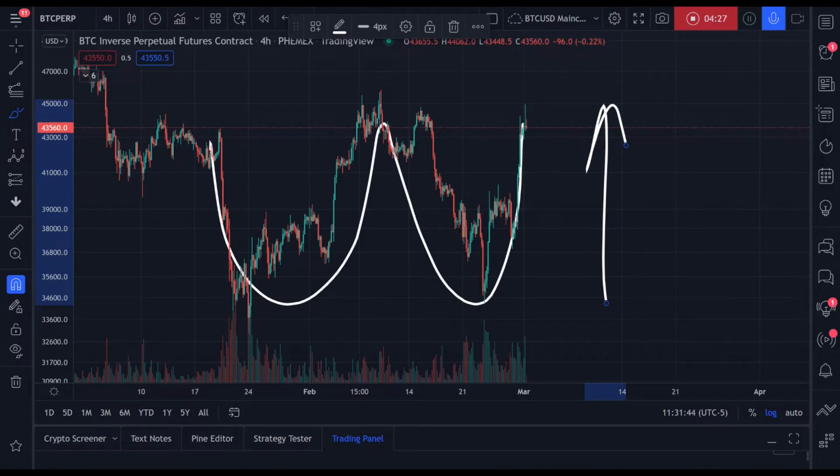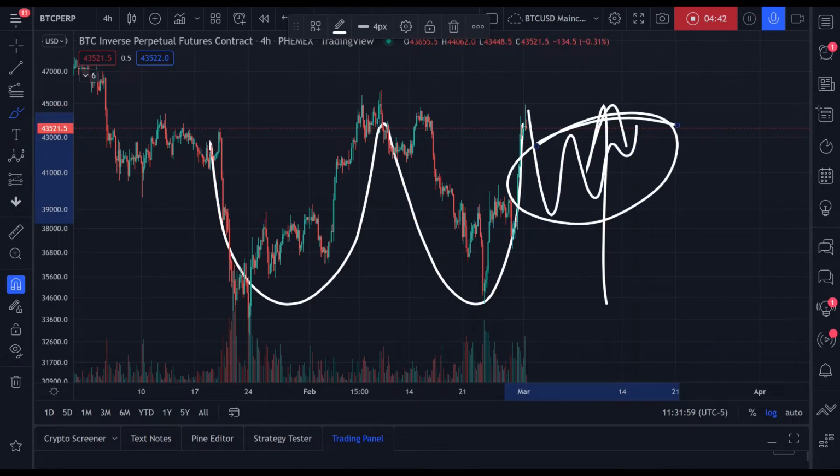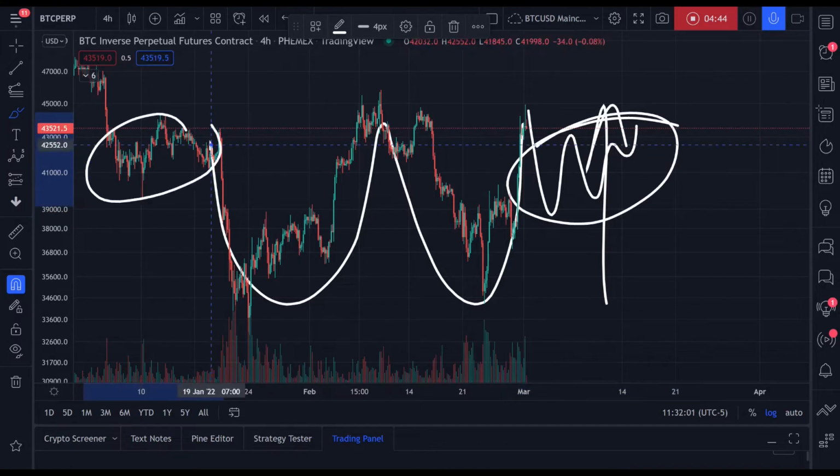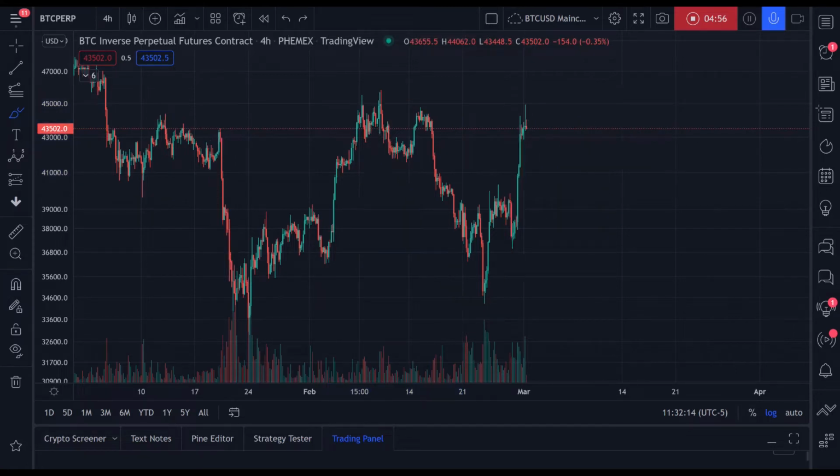I'm not seeing that. Two reasons. One, because I don't think this is a contiguous W pattern. A W pattern typically has a little more consolidation on the ends, right? So I would expect a little more consolidation on the ends here for that to be a viable W pattern. And the middle is a bit too extended to the upside. Anyway,